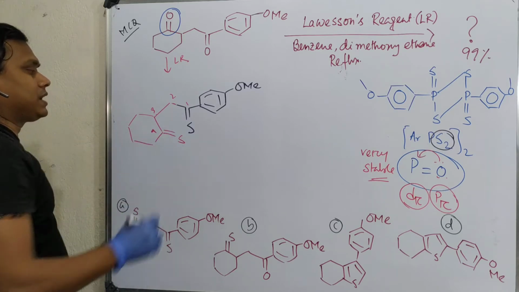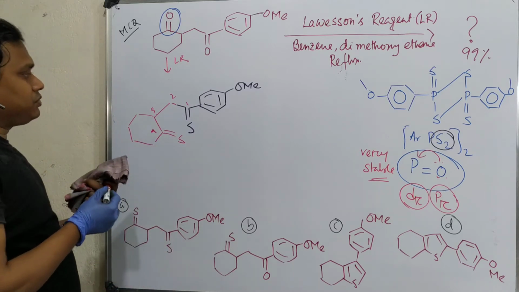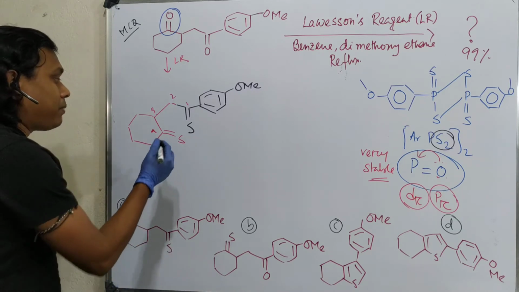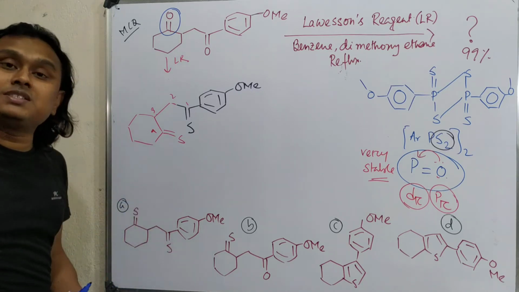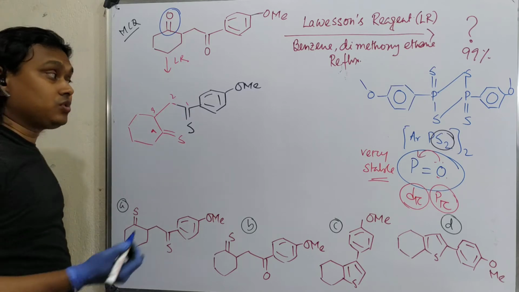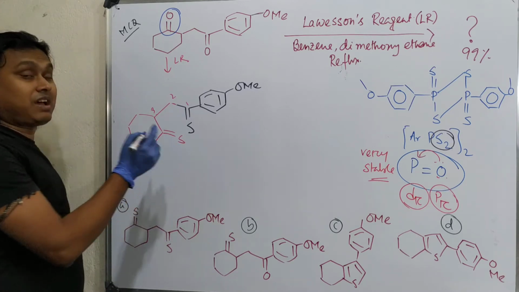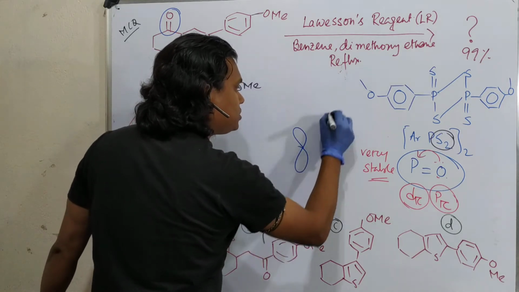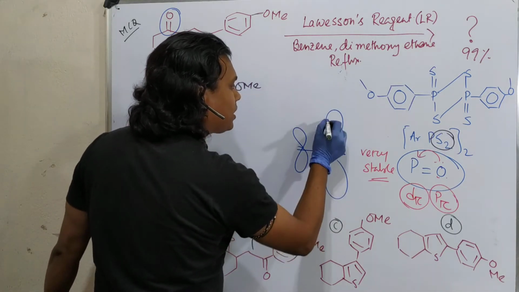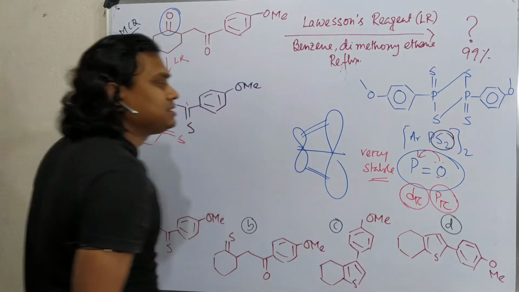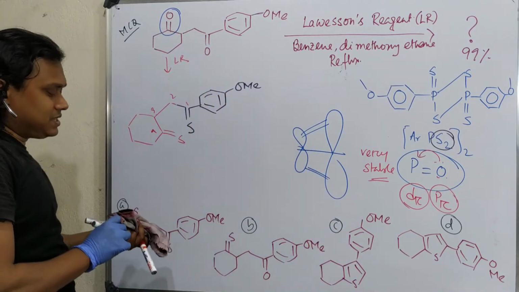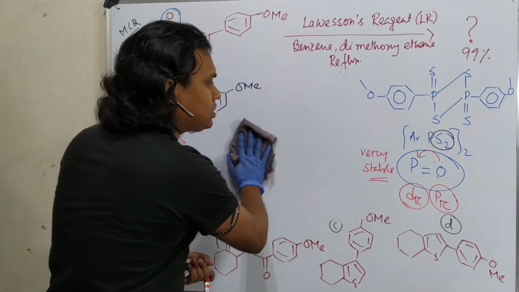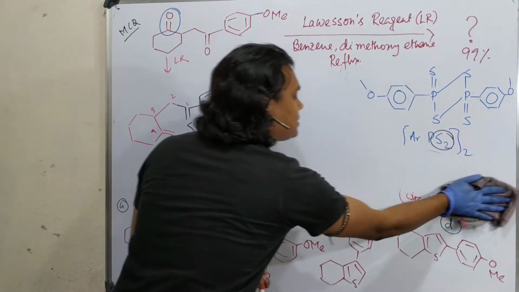So now what can happen? See, as I told some time before, the carbon sulfur bond is not that stable. And the pi bond is far less stable, because a sigma bond is formed as a consequence of head-on overlap, but a pi bond by sidewise overlap. You can consider this is 2p, this is 3p, so the overlap is very less. If the overlap is less, the orbital is less stable. Consequently, it is more reactive.